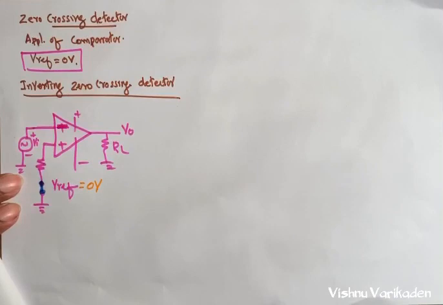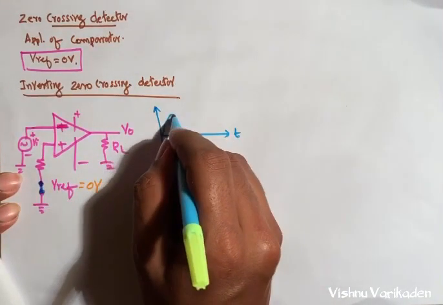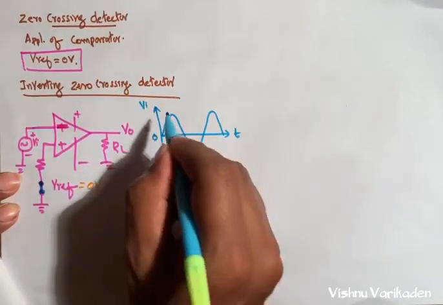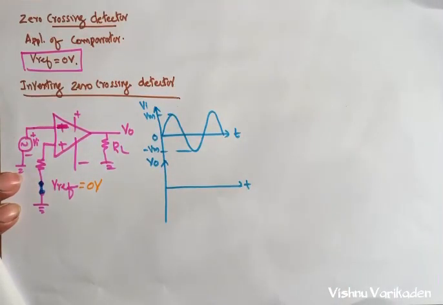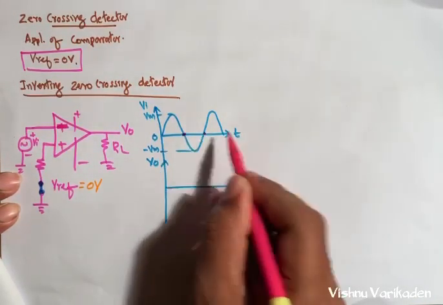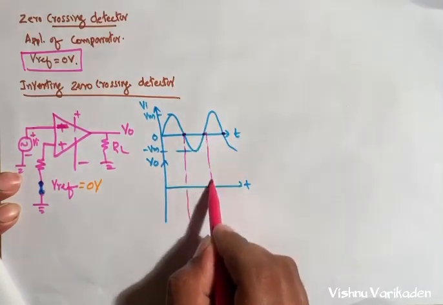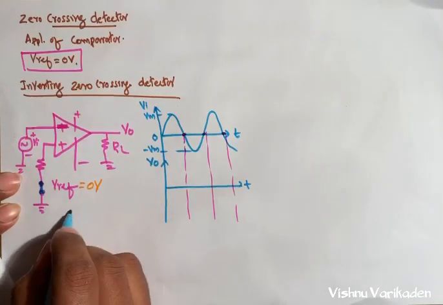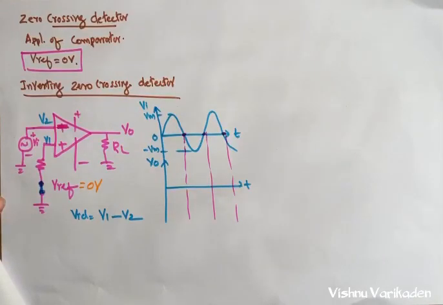We can write the waveform of the zero crossing detector: input voltage and output voltage. The maximum voltage is Vm, and the minimum is minus Vm. The reference voltage is set to 0, like this. In this case, VID is equal to V1 minus V2. This one is our V1, this one is our V2. V1 minus V2 means